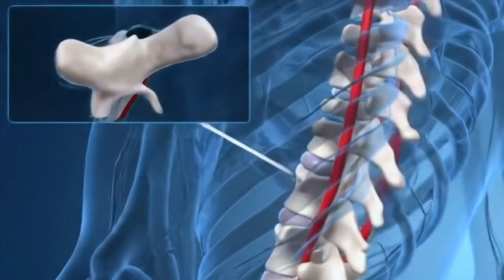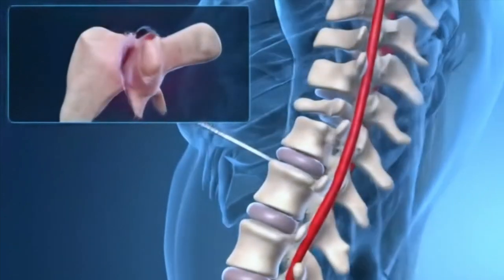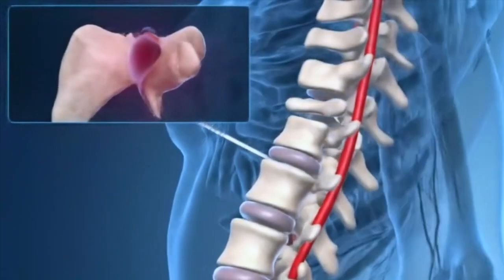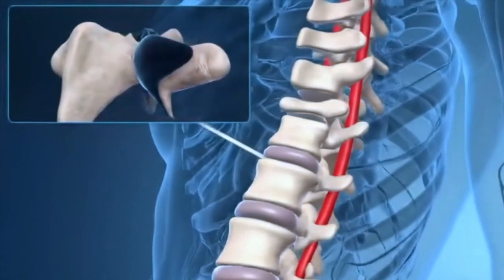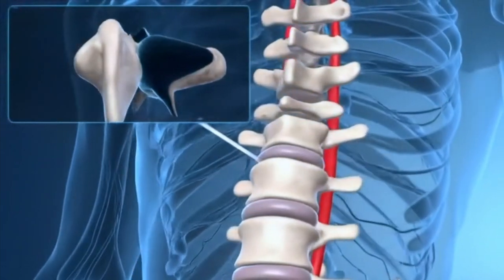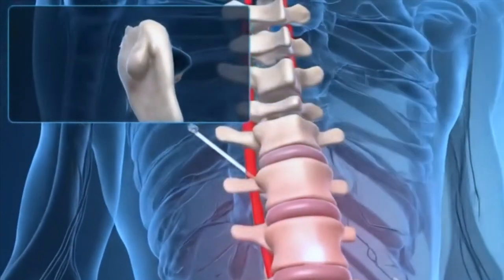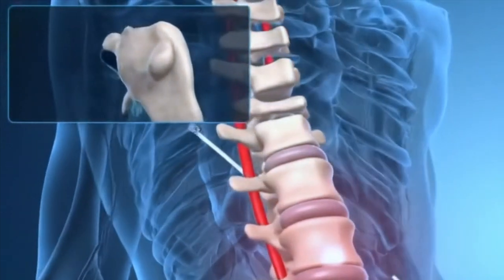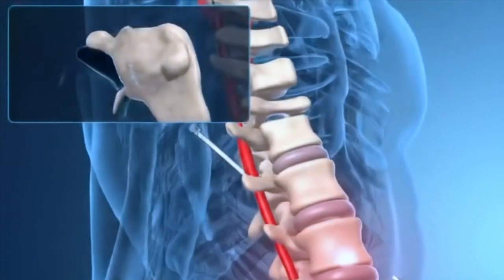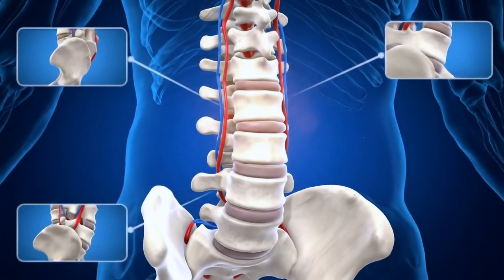Spinal stenosis most often occurs in two areas. Lumbar stenosis, lower back. This is the most common form. It affects the nerves in the lumbar region, often causing pain and symptoms in the legs and buttocks. Cervical stenosis, neck. This type is less common but can be more dangerous because it involves the compression of the spinal cord itself, which can affect the entire body.